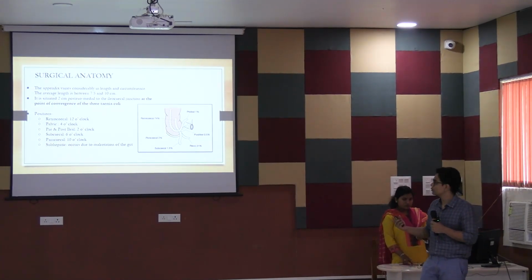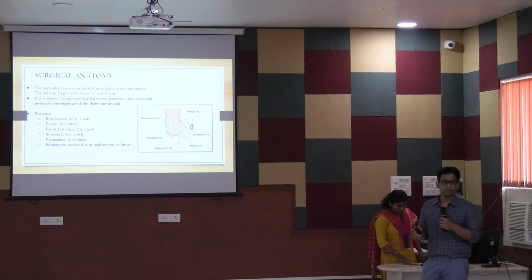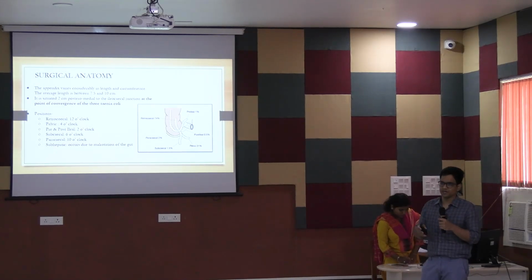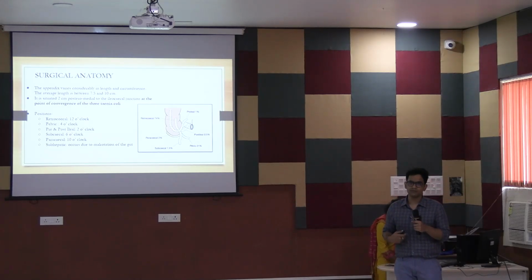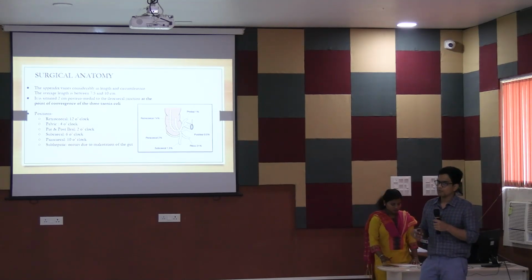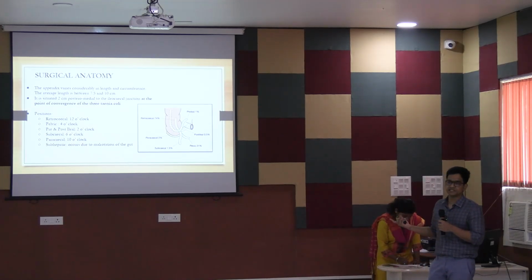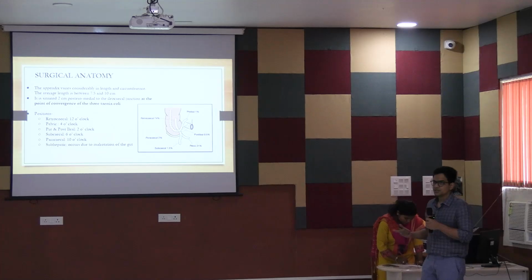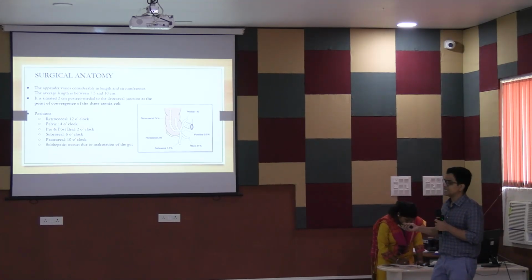Now the appendix has a lot of positions, and why is it important? Because based on the positions, the patient can present with different presentations of appendicitis. Let's say, for example, if the patient presents with pain in the right hypochondrium and fever, you will suspect that the patient is having acute cholecystitis. But on doing a USG, you will see that the appendix is inflamed because the appendix was placed in a subhepatic position. Similarly, there is a retrocecal, that is 12 o'clock, a pelvic, a pre and a post ileal, a subcecal, a paracecal position.